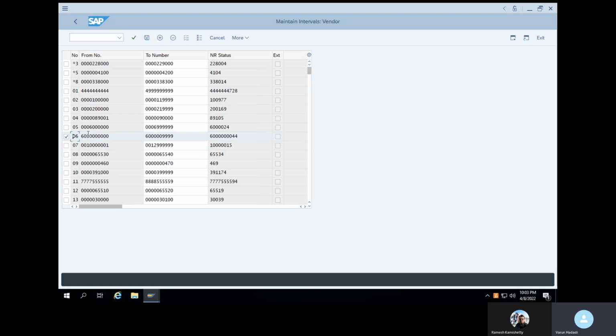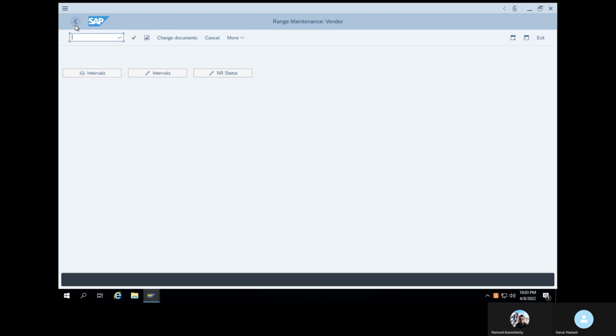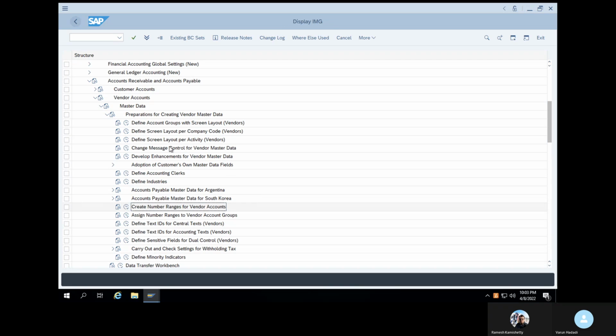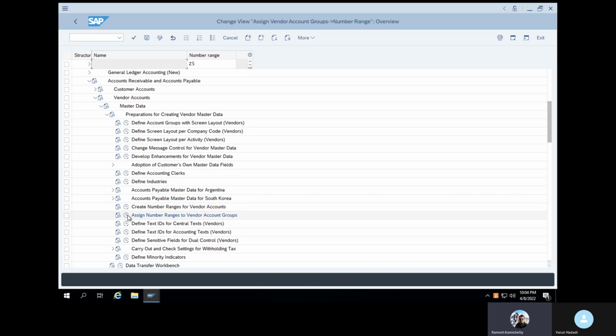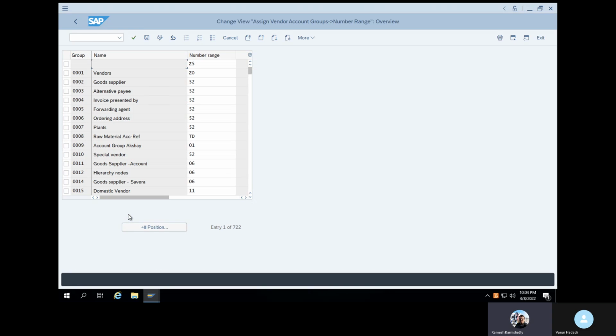So should I select it? No need to select. Just create. If you want to create, you have to create here. Go back now. Go back. And now click on assign number range for vendor account groups. Yes. Now click on the position.